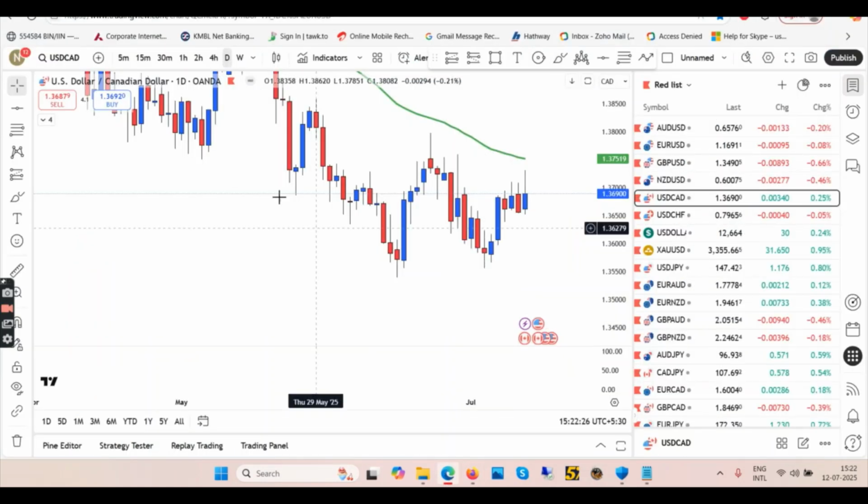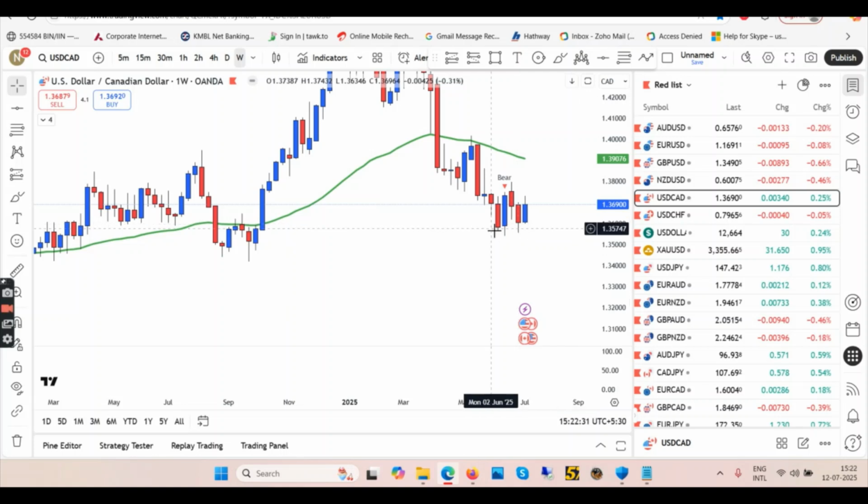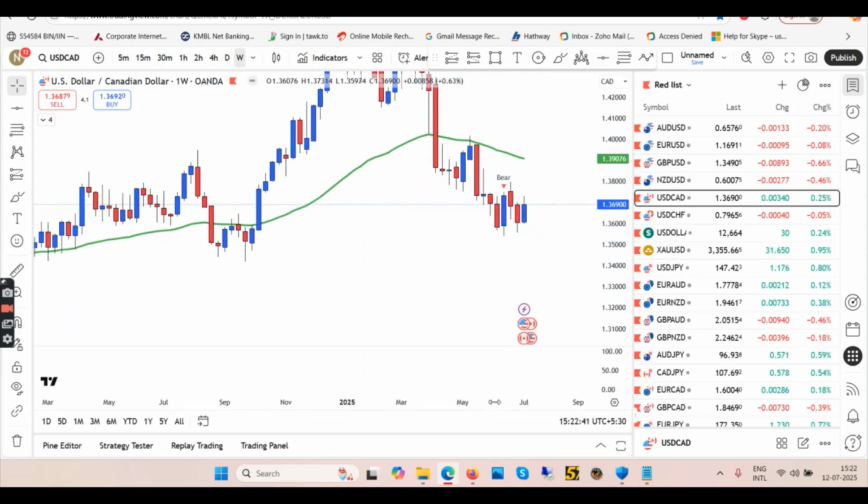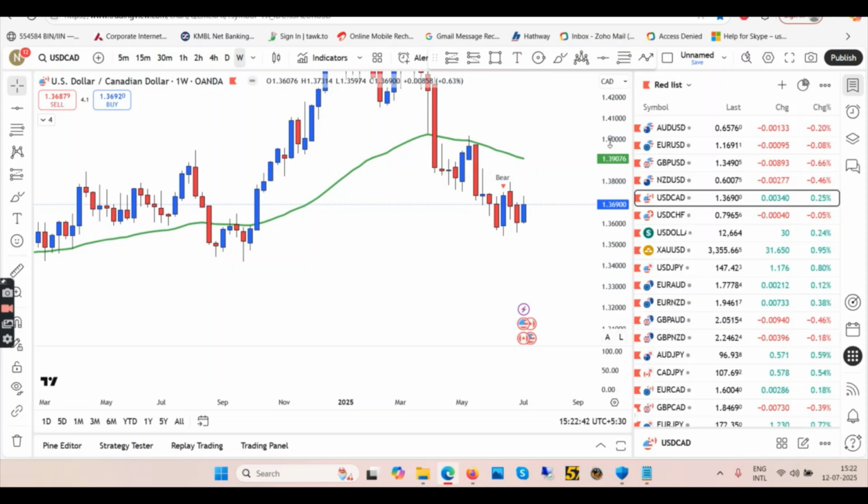Coming back to the chart here, starting the top-down approach with weekly time frame. Weekly, we have not broken this previous low. So if you use your line here, just right here, there you go. This red candle did not break this previous low. So we are officially starting the uptrend in weekly time frames.